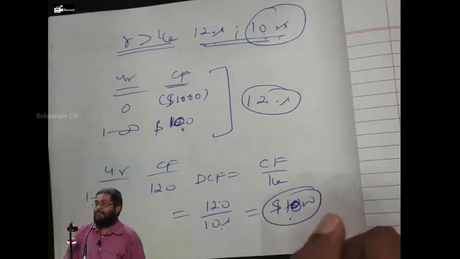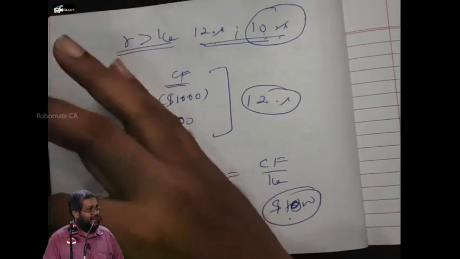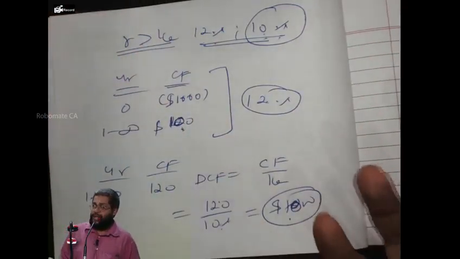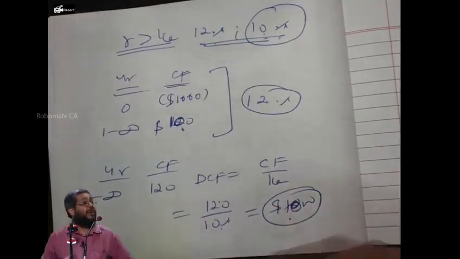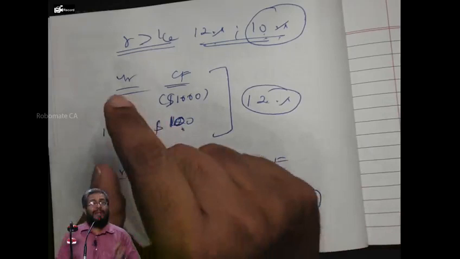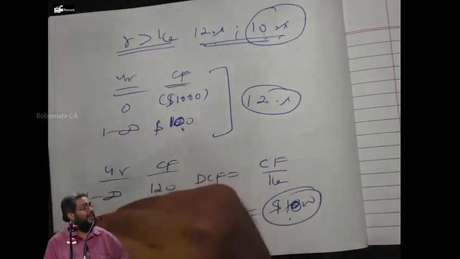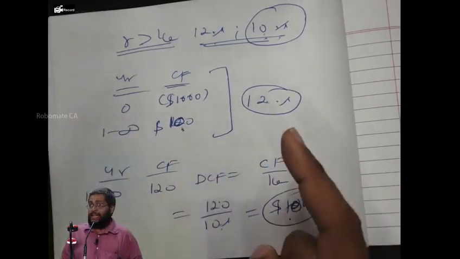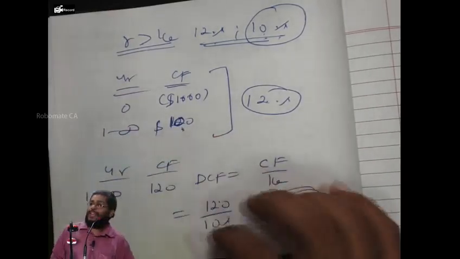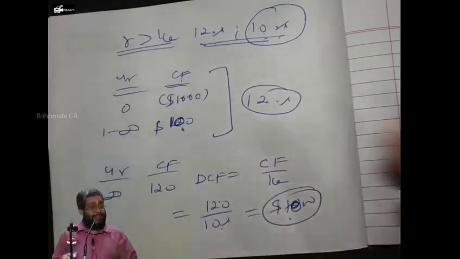Everybody, yes or no? That is why a company sitting on idle cash has a dropping share price, because they don't know what to do with the money. If you don't know what to do with the money, Walter comes. What does Walter say? Give it as dividend or buyback. Then Modigliani and Miller is going to fail a little bit. Yes or no? Modigliani and Miller say it is not due to my decision here. They don't have investment opportunity, so the share price drops. That is what he argues.